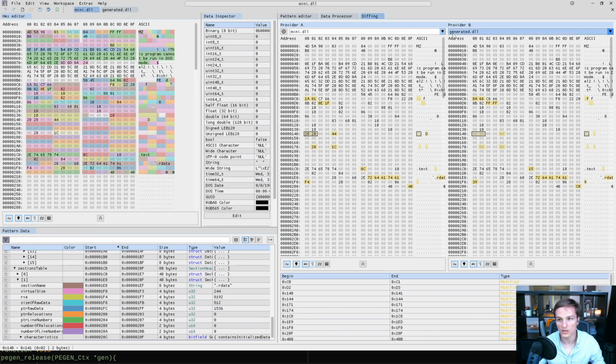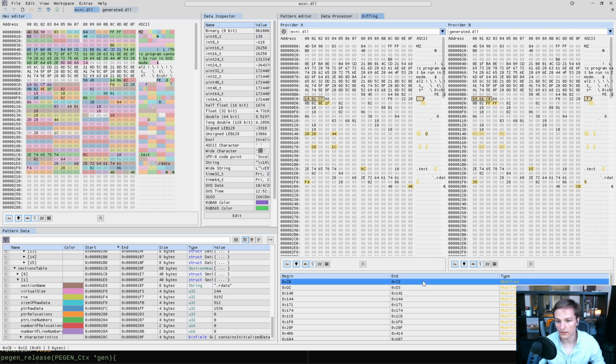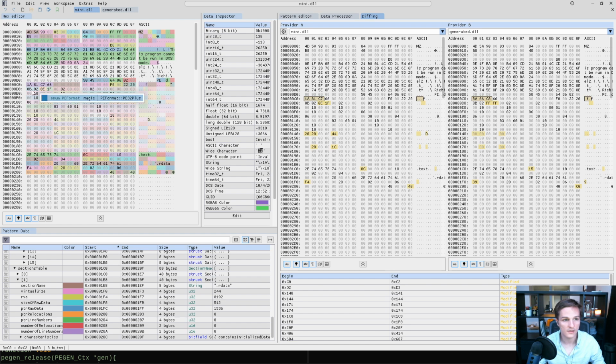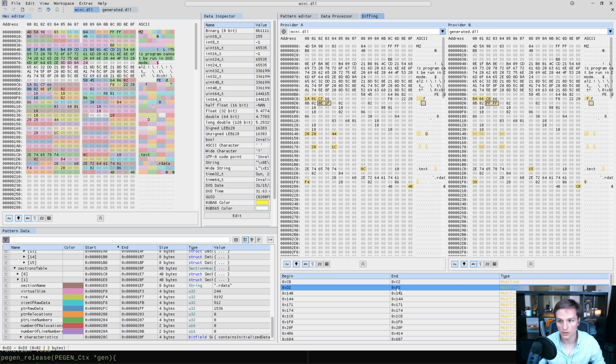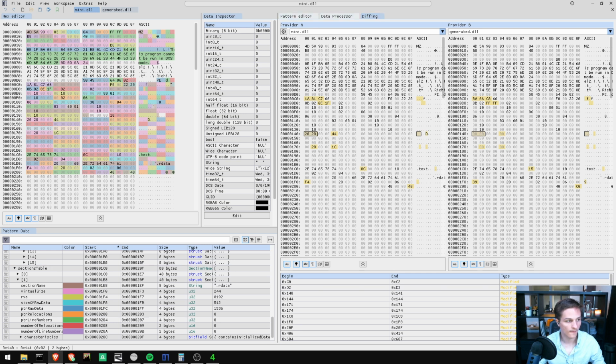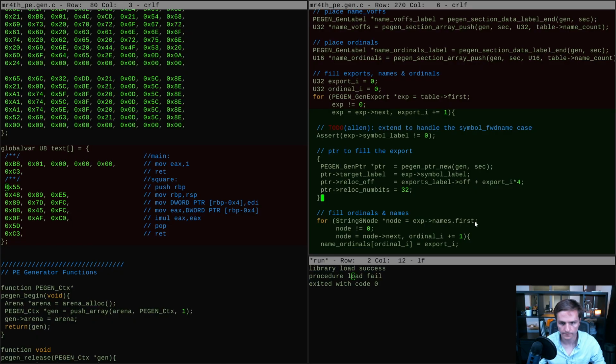Yes, reload the changed file, redo the diff, and let's start from the beginning and figure out what's going on. So C0, timestamp. Okay, so the timestamps are different. That's fine. The version of the linker number is different. What is this one? 140, RVA 8220. Right, so I still don't have